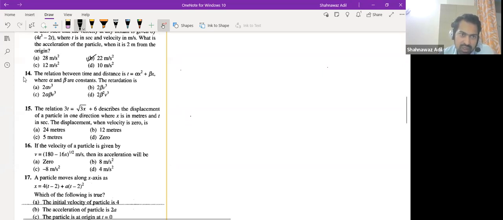Okay, let us do this 14th question. The relation between time and distance. Now this one is an easy looking question. Relation between